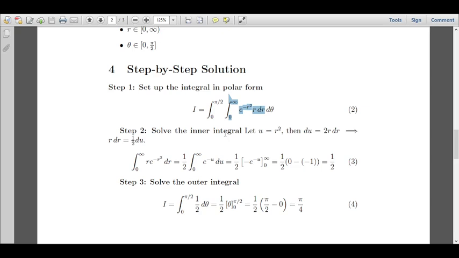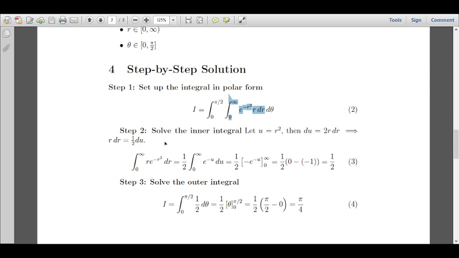Now if you analyze the region in the Cartesian plane, y varies from 0 to root of a square minus x square. Since on the x-axis y equal to 0, so this is y equal to 0, and y equal to root of a square minus x square. That means, squaring on both sides, y square equal to a square minus x square, that means x square plus y square equal to a square, which represents a circle. Now if you see the outer integral limits, x varies from 0 to a, that means x equal to 0 and x equal to a, which is a straight line parallel to the y-axis. So therefore our region lies in the first quadrant only.